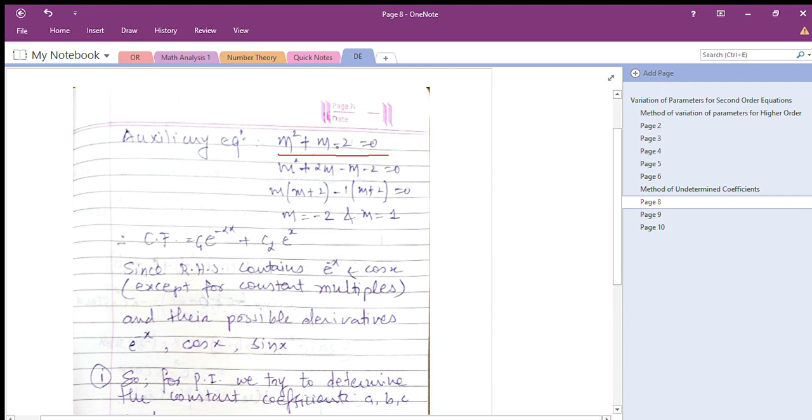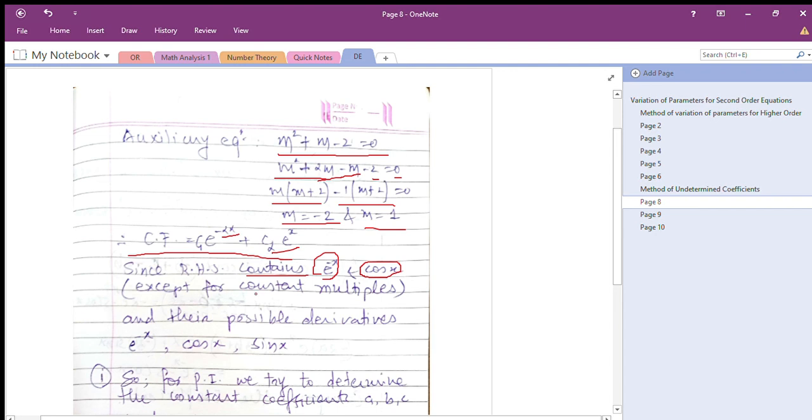Here we can write this as m square plus 2m minus m minus 2 is equal to 0. Take m common from the first two terms and minus 1 common from the second two terms, and you will have the solutions minus 2 and plus 1. So the complementary function of the homogeneous differential equation is given by c1 e raised to minus 2x plus c2 e raised to x. Now since the RHS contains e raised to minus x and cos x